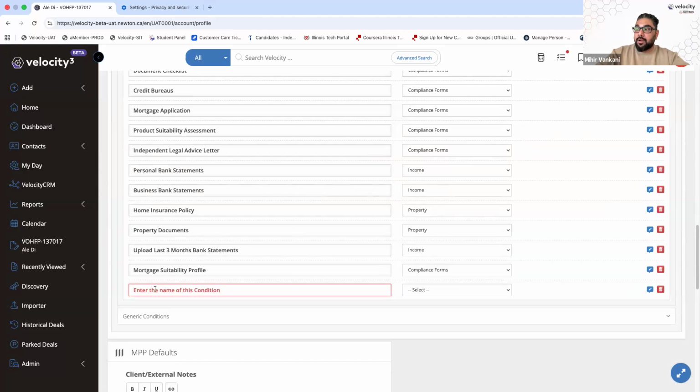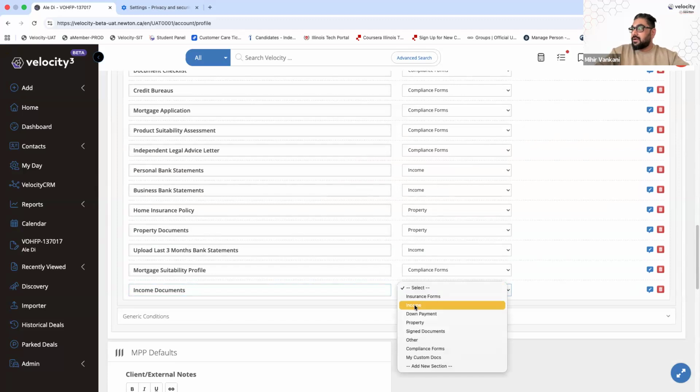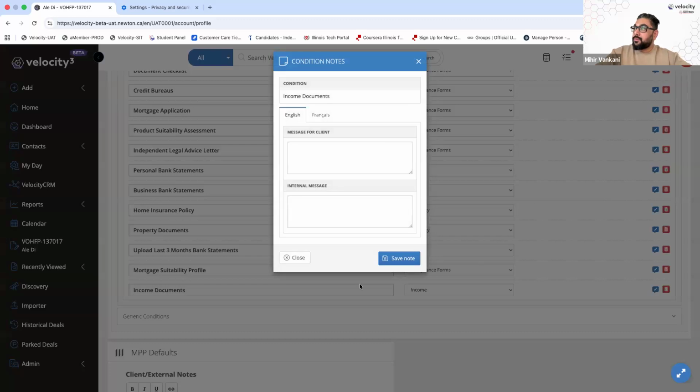You should then have an option to type something here. For instance, you call it income documents. And then you can categorize this under a section called income or any other section of your choice. And then you have a blue box over here towards the far right side. When you click here, you will see a similar window, and this is where you'll type pay stubs,